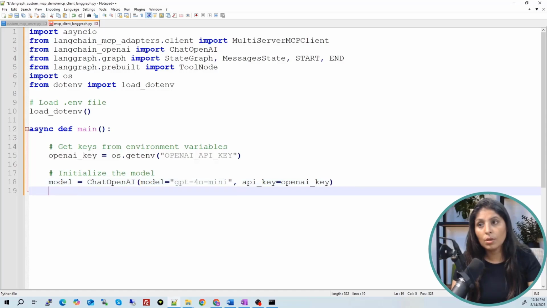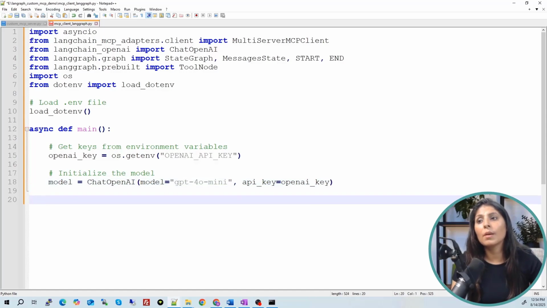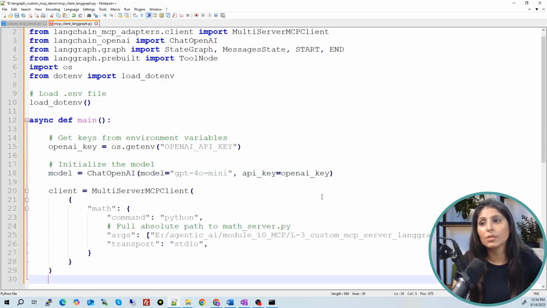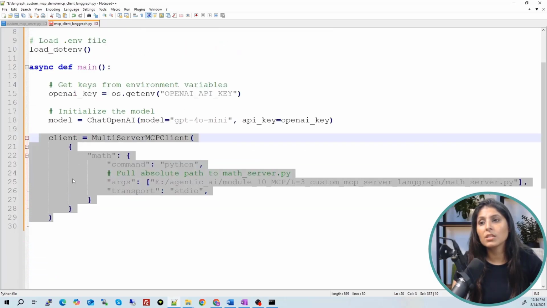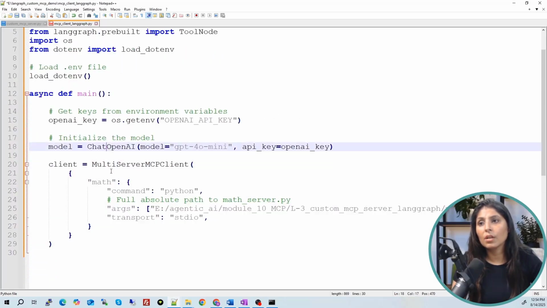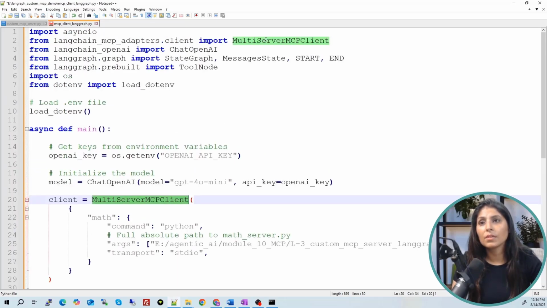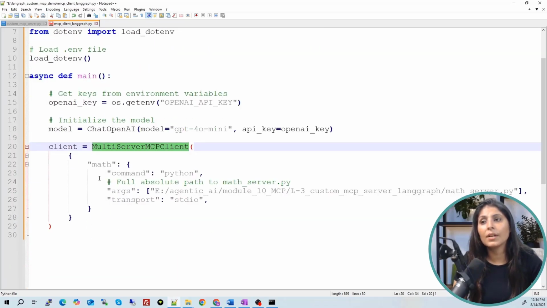Now let's write code to connect with the MCP server, our custom MCP server. So this is the code, this much. What we are doing is a multi-server MCP client. This means that we can connect our MCP client with multiple MCP servers.